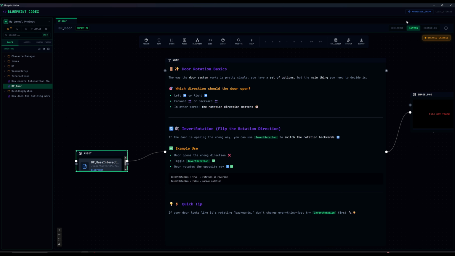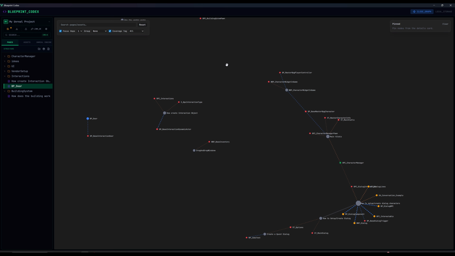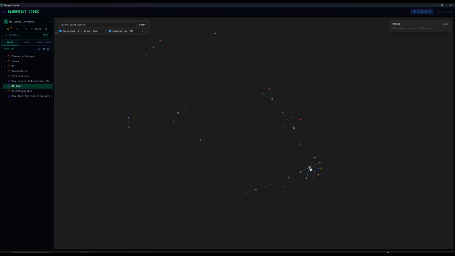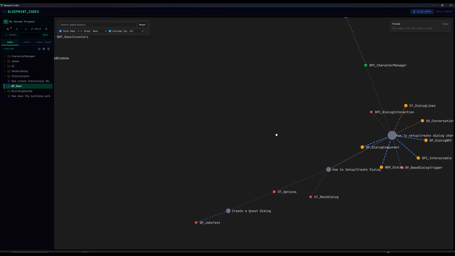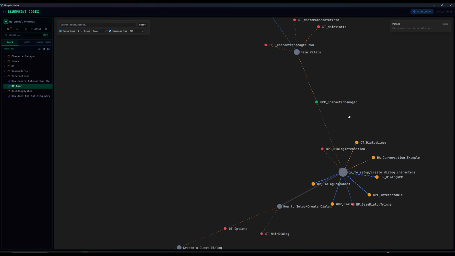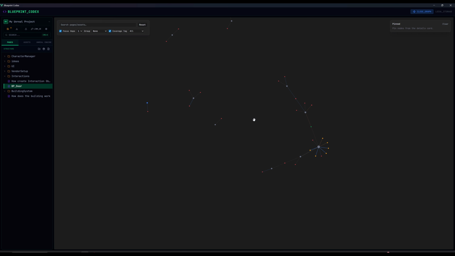And in here as well, you can go to the knowledge graph and you can see all the knowledge you have. So for example, you see the gate, this BP job test is connected to this, that is connected to that. So it creates all these neural connections. So it's a cool thing,